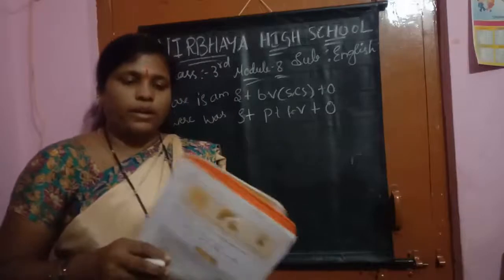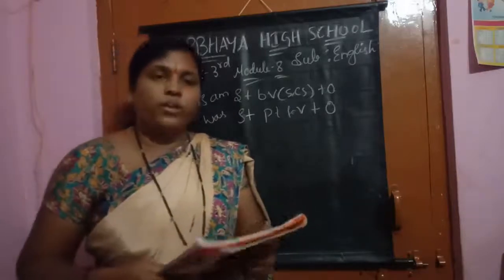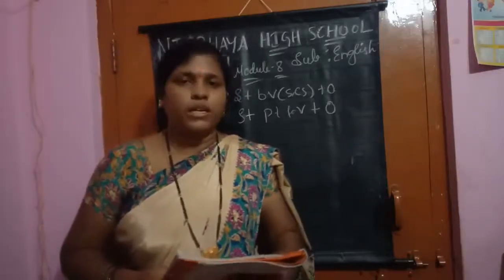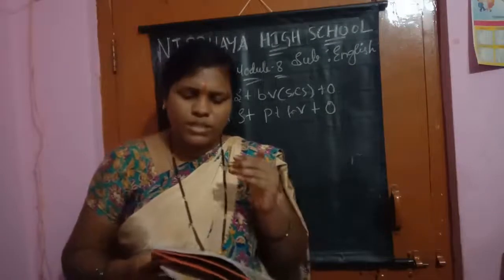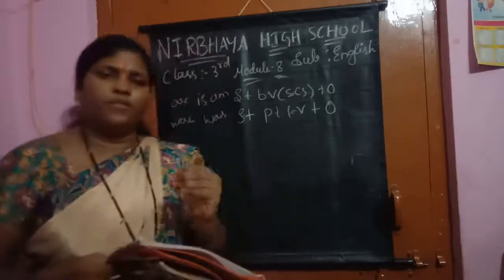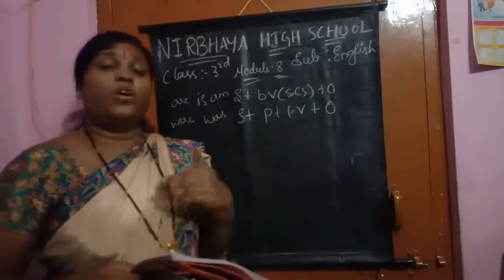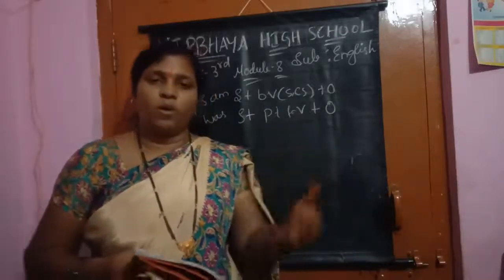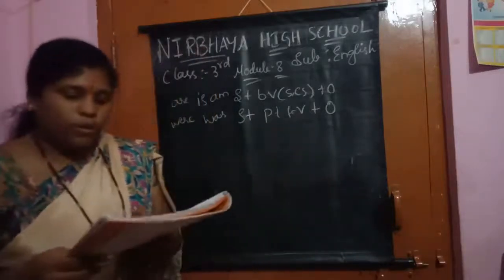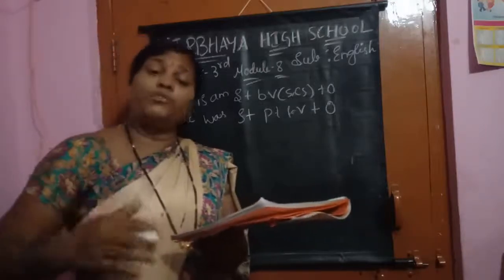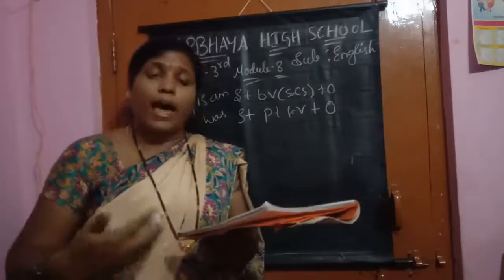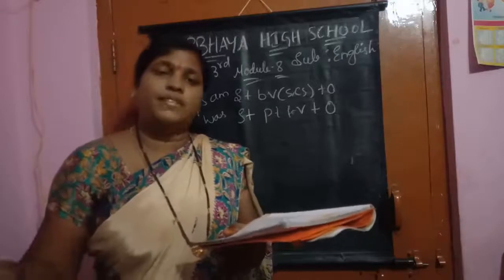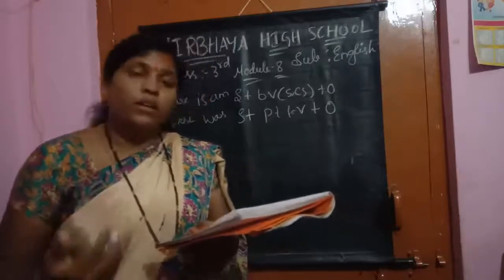Now, before that, today we are going to learn about simple future tense. Okay, children. What is simple future tense? First of all, what is future tense? Future means what is going on next, tomorrow. See here, it describes the actions or events that will happen later, in the future. That is simple future tense.